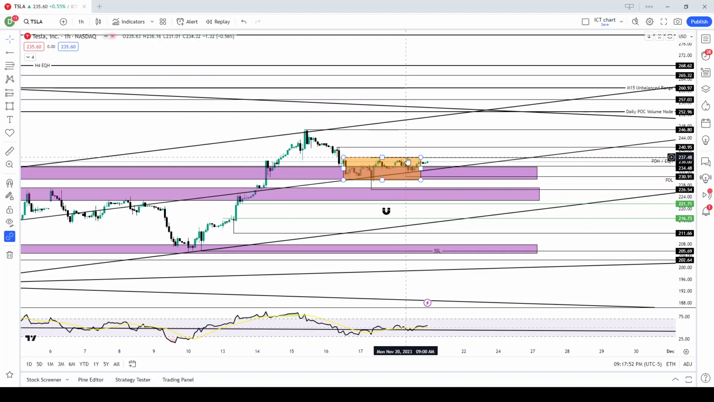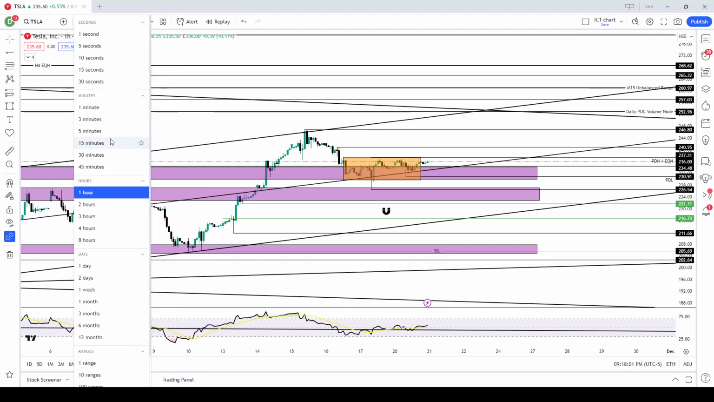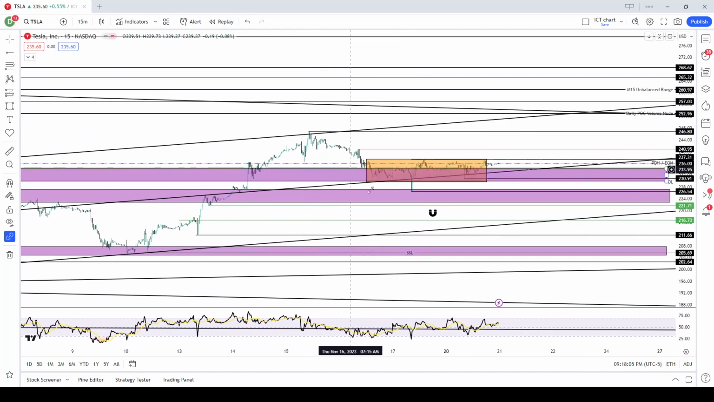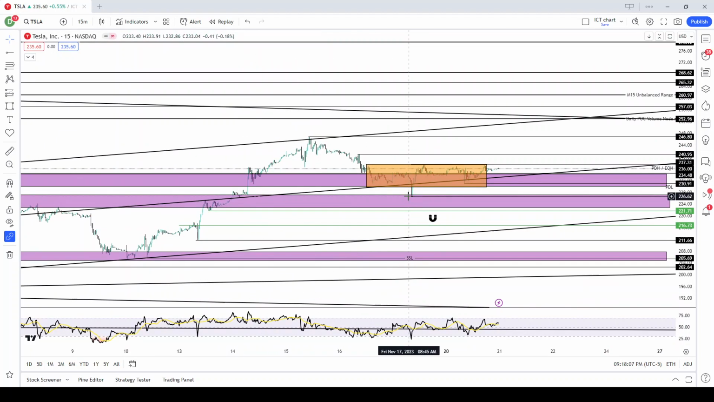But you win some, you lose some. It's just the name of the game. We were trying to play some smaller range breakouts or breakdowns during the trading day today. So looking at the 15-minute chart, you see a little bit more of the structure, but this has been very